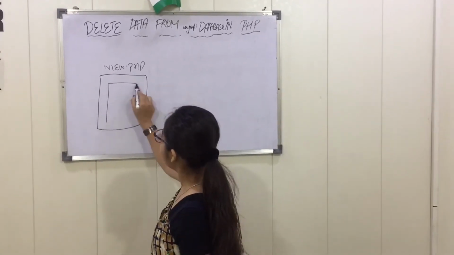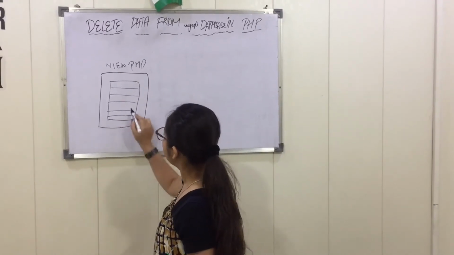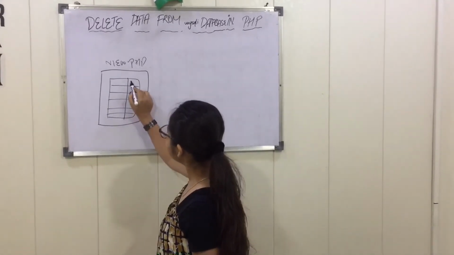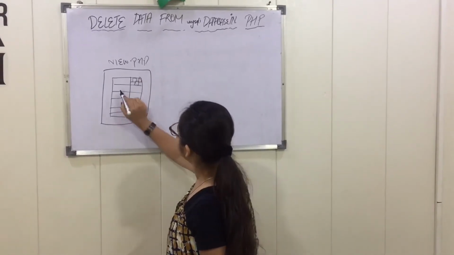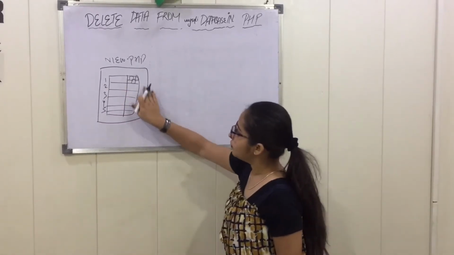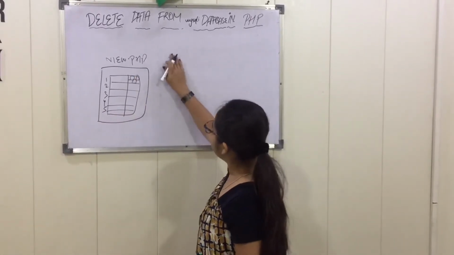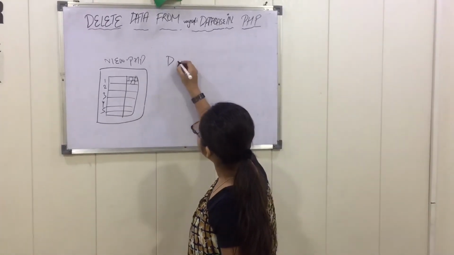In between this, I have a table being created, that is my data put here. After that, here are the anchors of delete and edit or update. Suppose this is my 1, 2, 3, 4 and 5 data being viewed in the view table. So after that, to delete the data, I have created a file that is